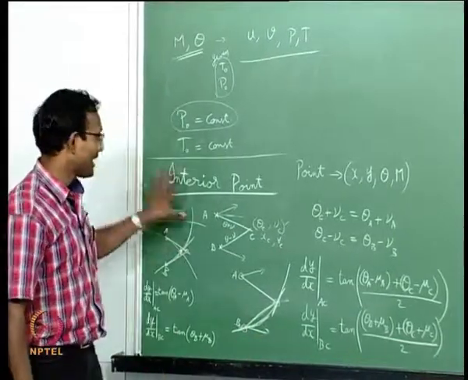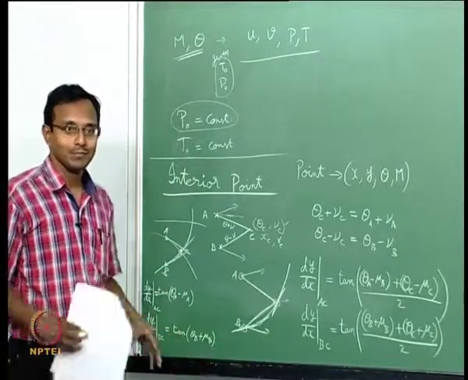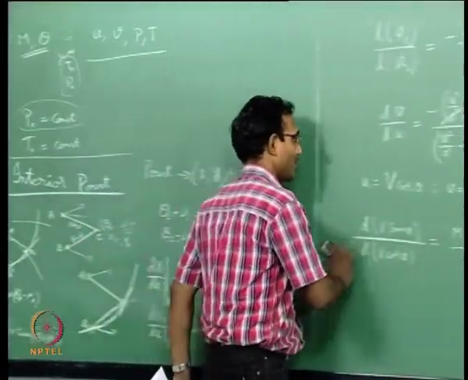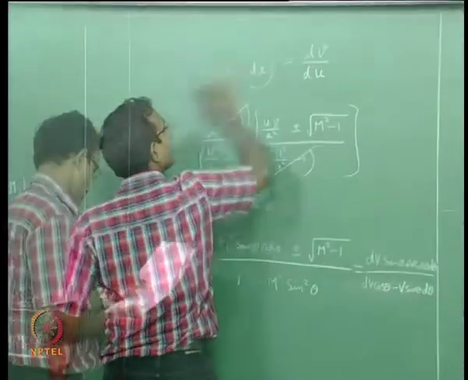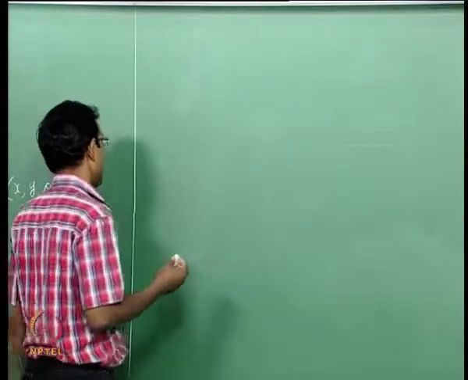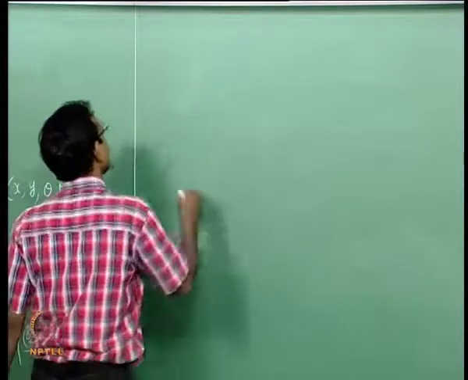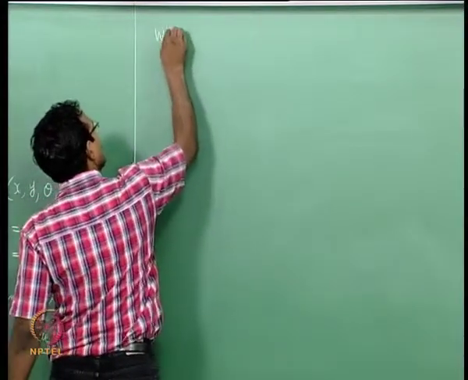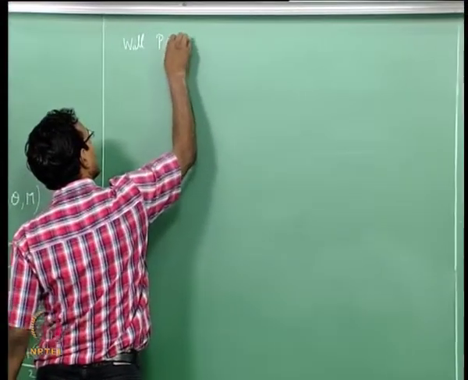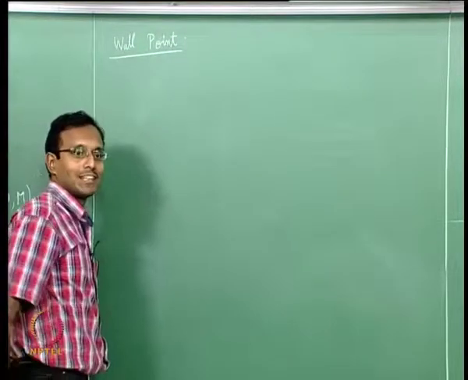Okay. Once I have this, I can calculate most of the points in my MOC, in my flow field, except for a few. So we will need some more. So what if my flow field is near a wall now? I am looking at some point near a wall. So we will write a wall point. I will tell you how to use all of them together probably next class.